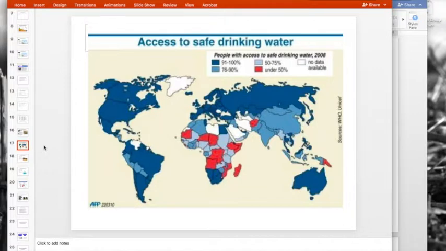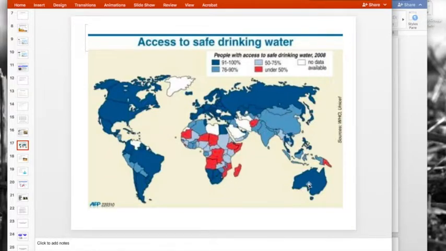Now, when we look at access to safe drinking water, we can see that it's a problem which is not specific to the entire world. Almost the entire Northern Hemisphere, if we put an equator through, let's say here-ish, because I'm not a geography teacher, the majority of the countries above the equator are dark blue, or medium dark blue. They're these 91 to 100%. Obviously it's the entire of Western Europe, the entire of North America, the vast majority of South America. Not because everyone's stonkingly rich there, but because it rains plenty, amongst other things.